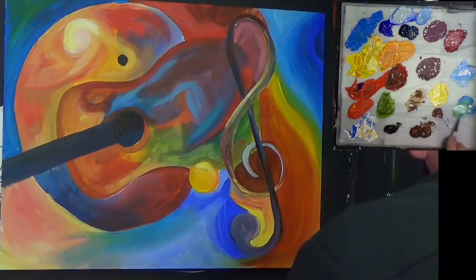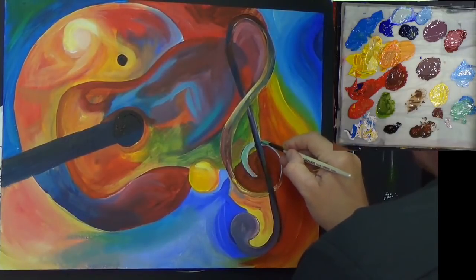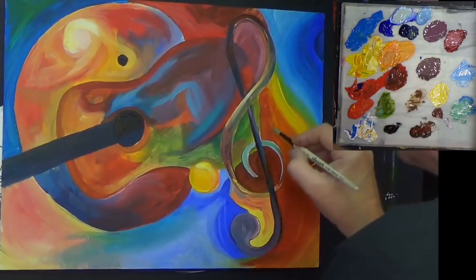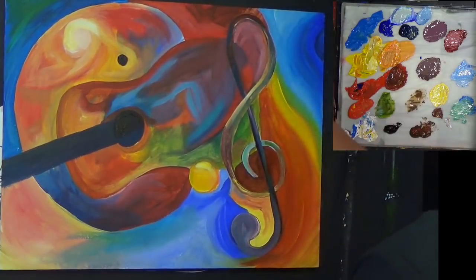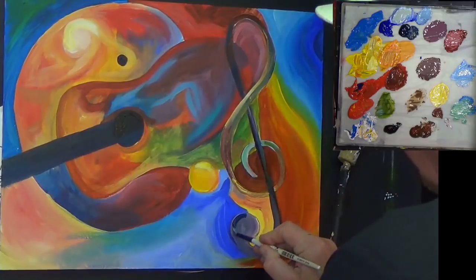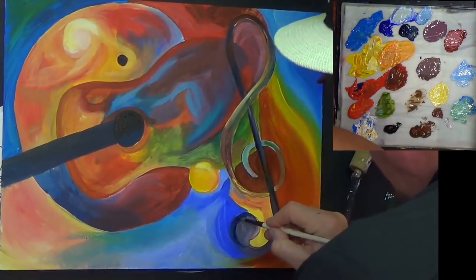Mixing up a bit of green. Got colours everywhere on this palette today. Does it matter? No, it doesn't matter. Whatever works, works. Prussian blue. Bit of Prussian blue, just to